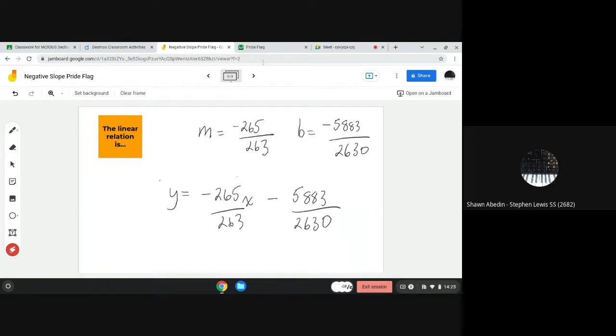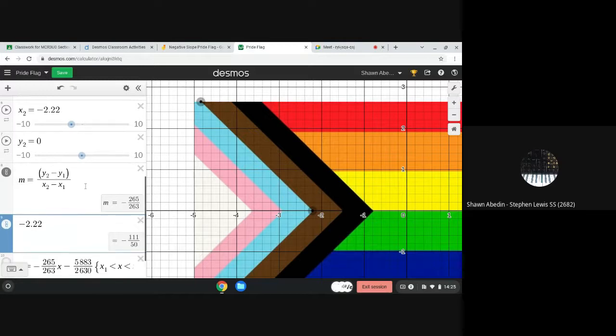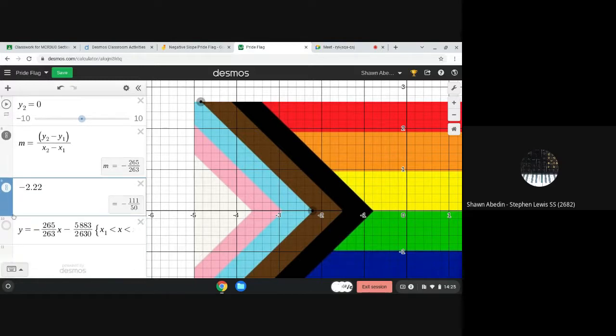Lots of fractions, lots of exact values, sometimes a little more precise than, let's say, a decimal, especially if we start to round. So we're just going to click in here, and you will see that we have that line segment. Now you'll wonder, when you do yours, you might not actually have those same endpoints in your line,